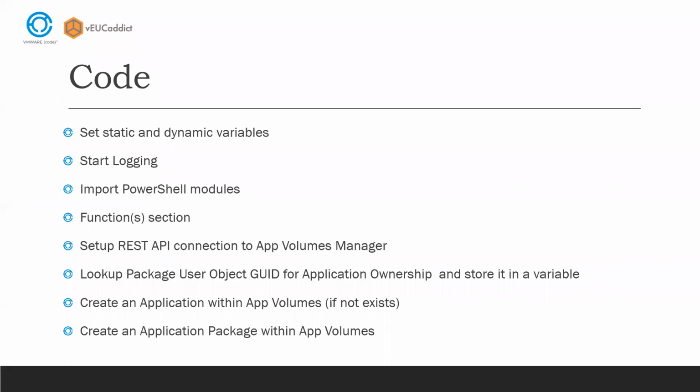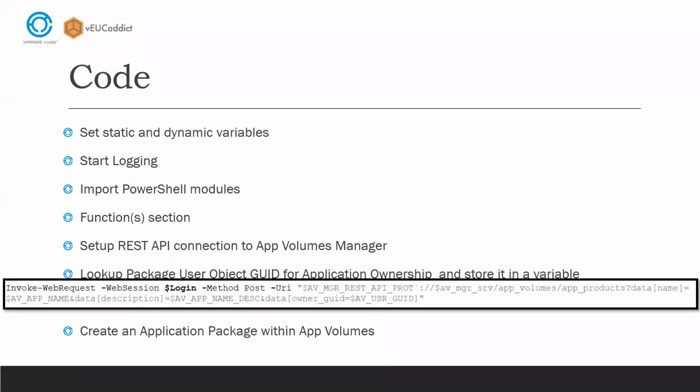This section, I put one of the last things in my script because I found out that the first user in Active Directory was owner of the application within App Volumes. So what I do with this part is using a get command to retrieve the Active Directory service account object GUID and store it in a variable. Then you can use it in the next section, where I'm running an API post command to create an application